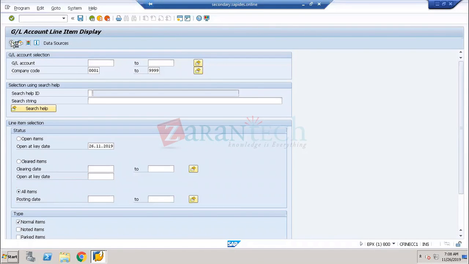Now I'm executing. Now what happens, see here. Now it is going to extract the data. You can see it has still not got that. It is compiling. Now it is getting the data from your processes. Now you can see here, items are getting selected, selection continuing over here.